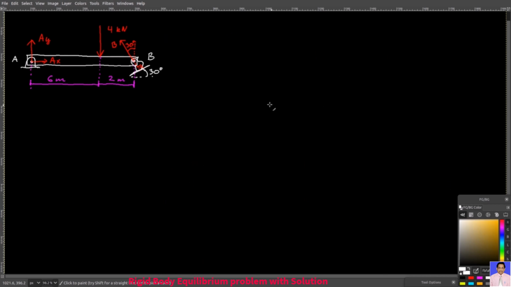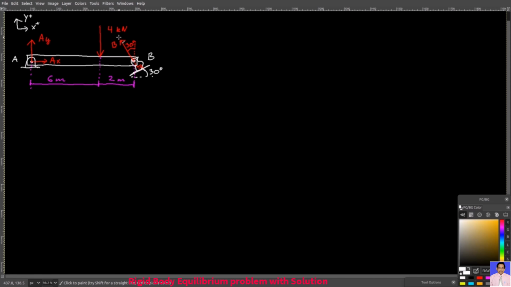Welcome back. So how do we actually approach rigid body equilibrium problems now that we know what conditions must be met? Well, just like with particle equilibrium problems, we start with a free body diagram. We sketch the shape of our body, in our case the beam. We define our positive x and y axis, and then we list all the external forces that the body is